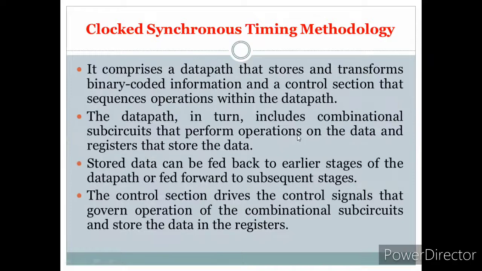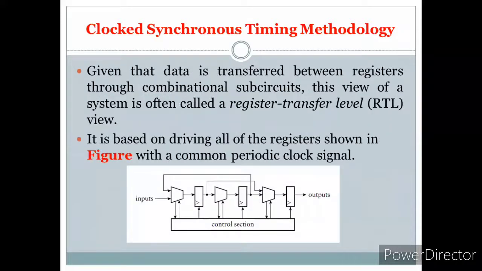The data path depends upon the control signal we select for the required design. The control section drives the control signals that govern the operation of the combinational circuit and store the data in the register. So the control section controls how the data is transferred from the input to the output, from the combinational circuits to the final output.